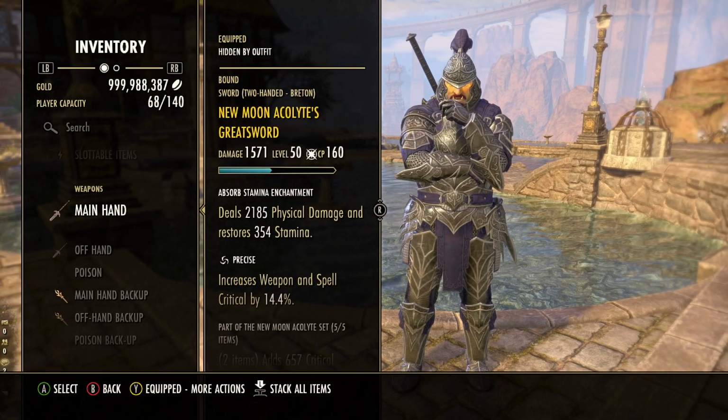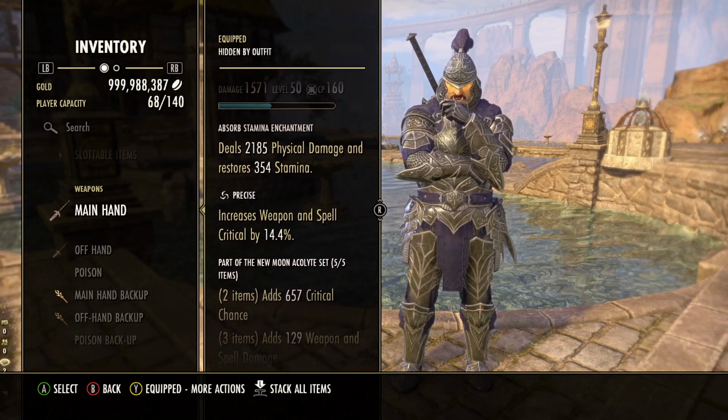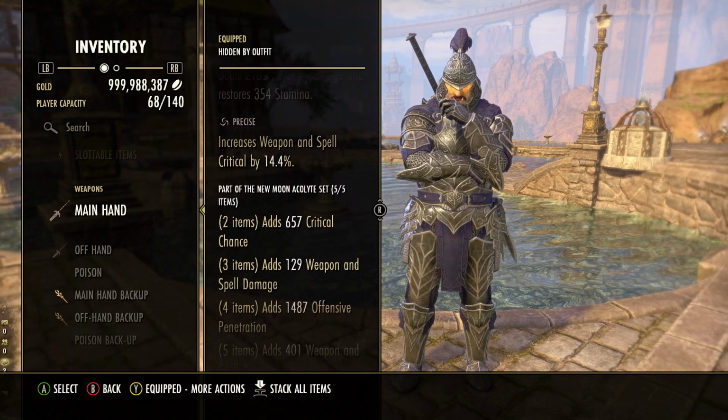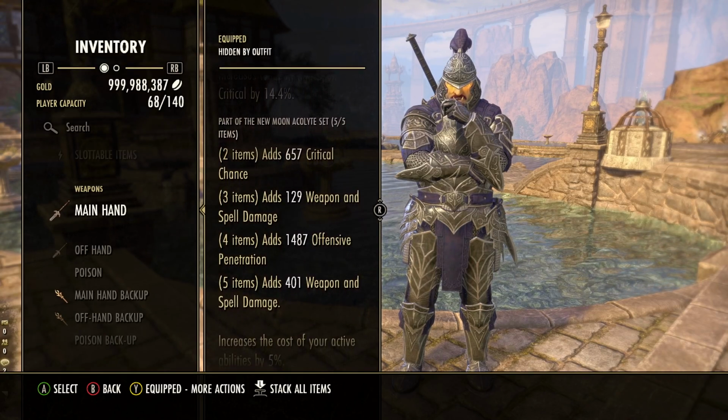Our first 5-piece set on this build is going to be New Moon Acolyte. This is the crafted set from Southern Elsewhere. Gives you lots and lots of good crit and weapon damage here, as well as offensive penetration. And of course, this is great for hybrids because it's giving you both versions, weapon and spell damage,